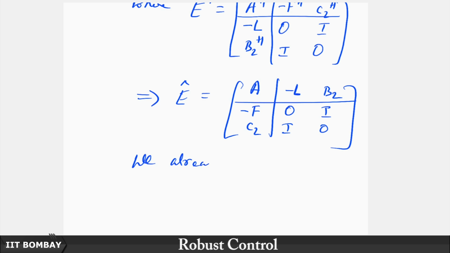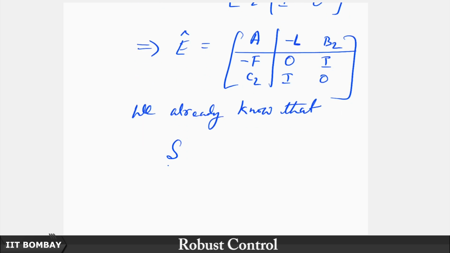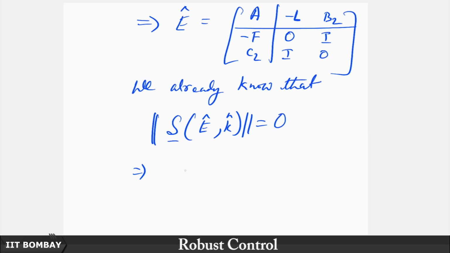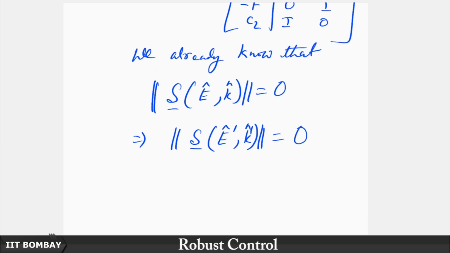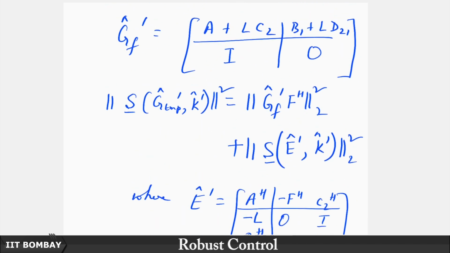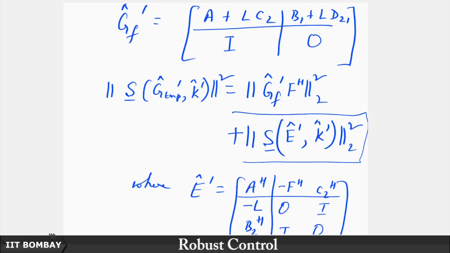We already know that the norm of the star product of S E hat K hat is equal to 0. Therefore, the norm of the star product of E hat prime K hat is also going to be equal to 0, because after all their norms are one and the same. These star products are not one and the same, but the norms are the same, as we have already seen earlier in one of the theorems. So, therefore, we can now safely claim that we can get rid of this term, because its norm is after all 0,